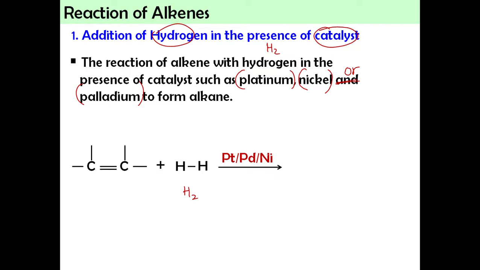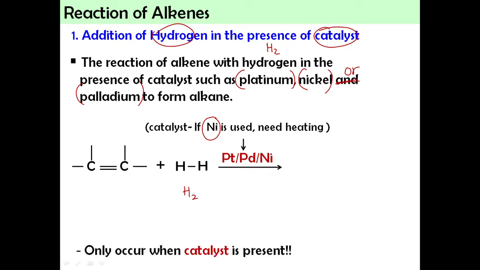So, if you use nickel as the catalyst, the reactions need heating. Jadi kena tambah satu lagi condition, heat dekat bawah. Hanya kalau pakai nickel. Okay, so reactions ini mesti berlaku when the catalyst is present. So, apa produk yang kita akan dapat? This is alkene. So, first kita salin dulu yang single bond ni. So, double bond ingat tak tadi double bond jadi single bond kan? Dia break down,